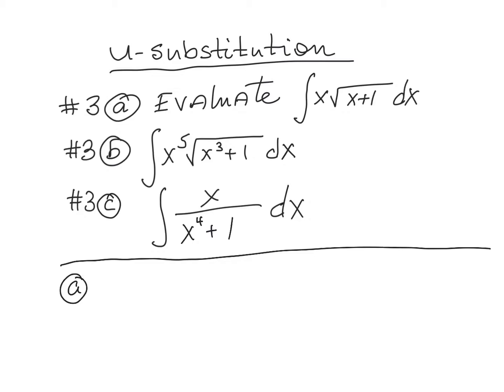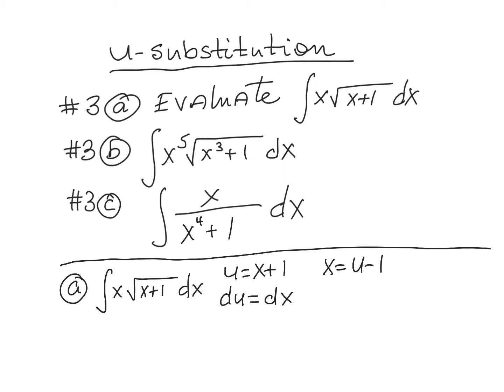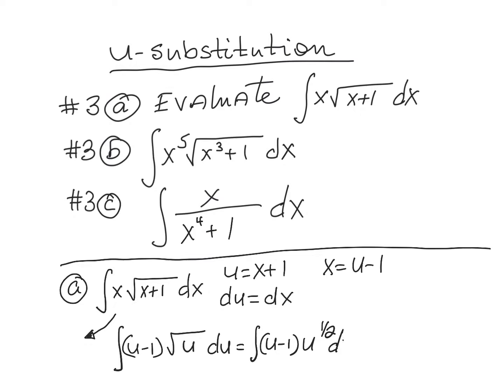To find this antiderivative, if we want to use u substitution, we want to let u capture what's inside the parentheses, or denominator, or inside a radical like here, which is x plus 1. From there, we can solve for x. It's u minus 1, and differential du is equal to differential dx. Look how this integral is now transformed to an integral in variable u. x is u minus 1, and x plus 1 is u, so we have the square root of u, and dx is du. It is completely transformed. So this is u minus 1 times u to the 1/2 times du, which is equal to